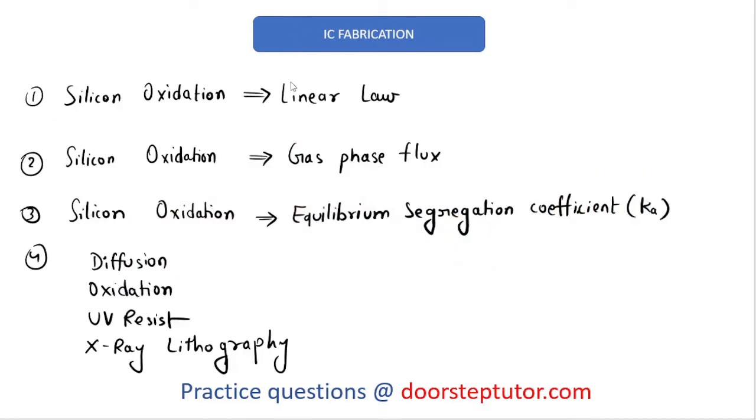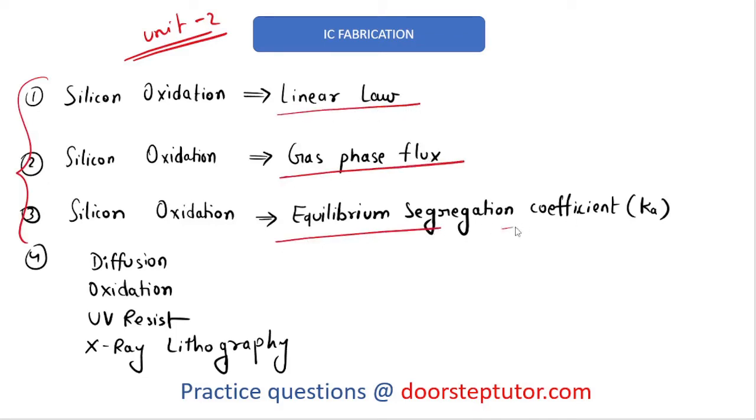The next subject in UGC NET, Unit 2, is IC fabrication. From IC fabrication, there were 4 questions in the exam. Most of the questions were related to silicon oxidation. They had asked about the linear law, gas phase flux, and equilibrium segregation coefficient, that is Ka. They have also asked questions related to diffusion, oxidation, UV resist, and